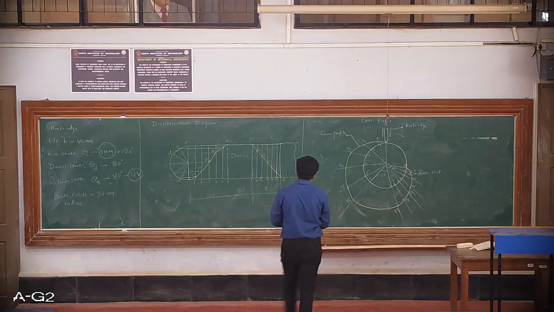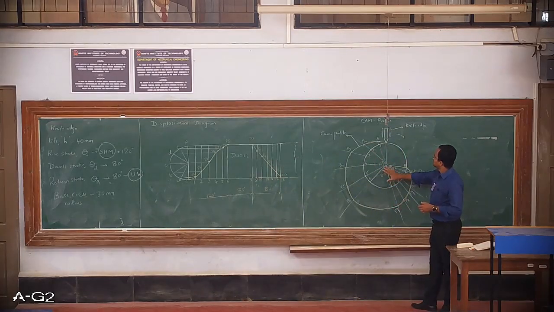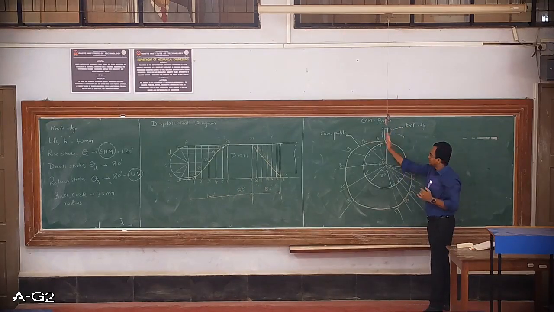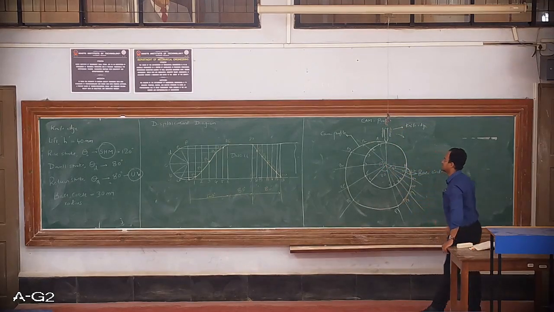That is one thing. And another change I'll make is, in this cam profile, I'll make this particular follower have an offset, say by 10 mm or 12 mm towards the right side of this cam profile. So the follower will come over here now. When the follower is offset, we'll see what the procedure is to draw this. Okay, that we will cover in the next class.